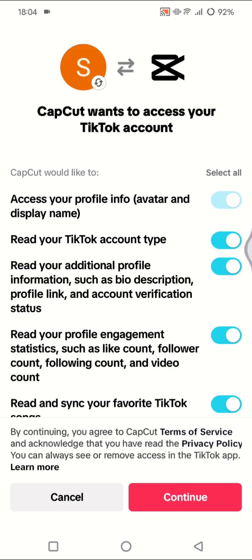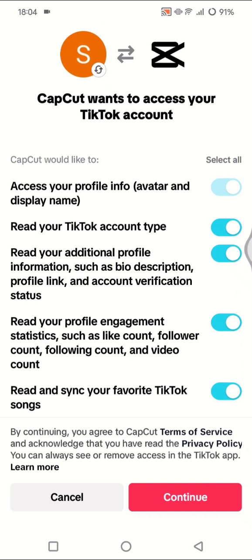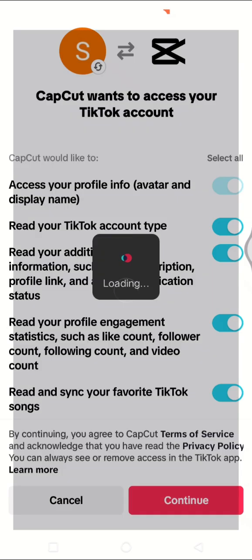and here there will be a page where you need to allow this access. CapCut wants to access your TikTok account, so these are the accesses that CapCut will have when you link your CapCut with TikTok. If you confirm, you can just tap on continue,